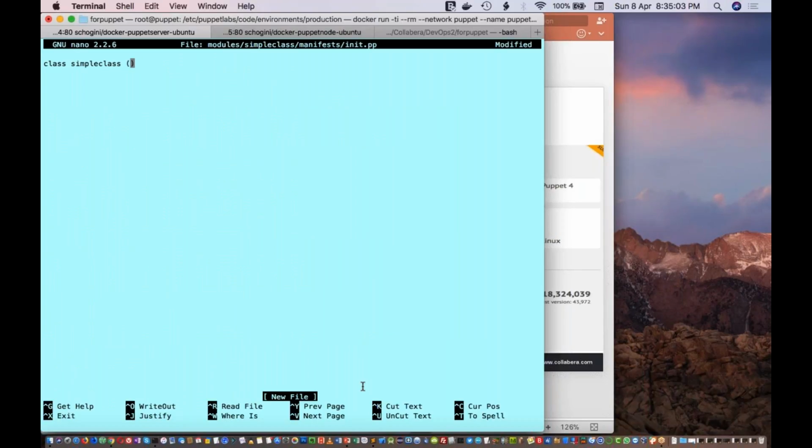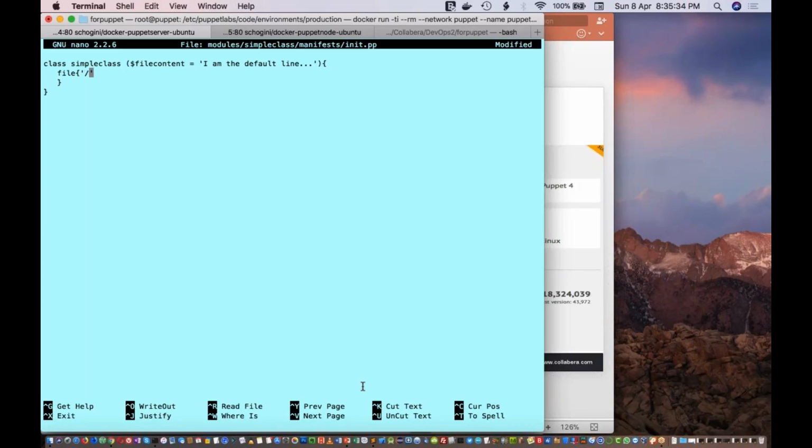Then I am going to pass parameters, like file content, and I'm going to use the default values, a default line. Now inside this, I am going to create a new file resource.